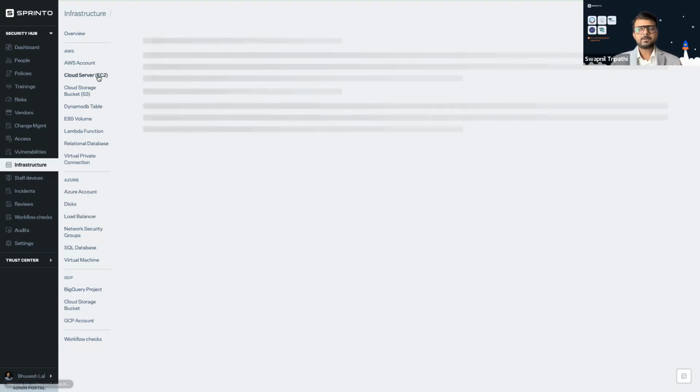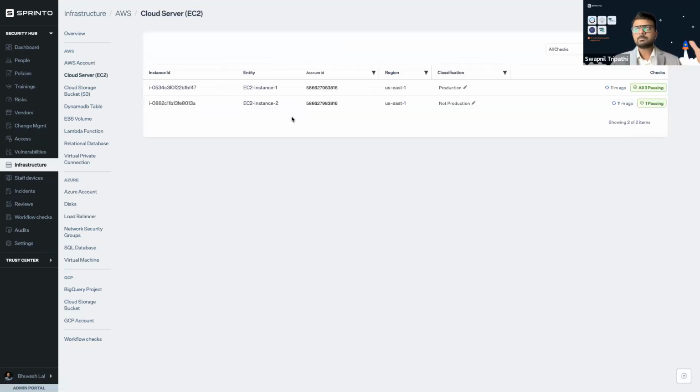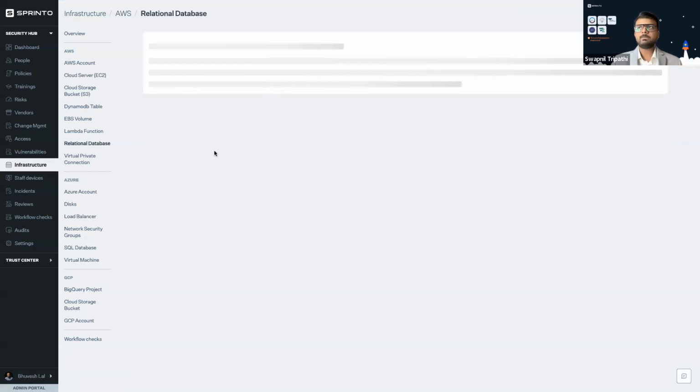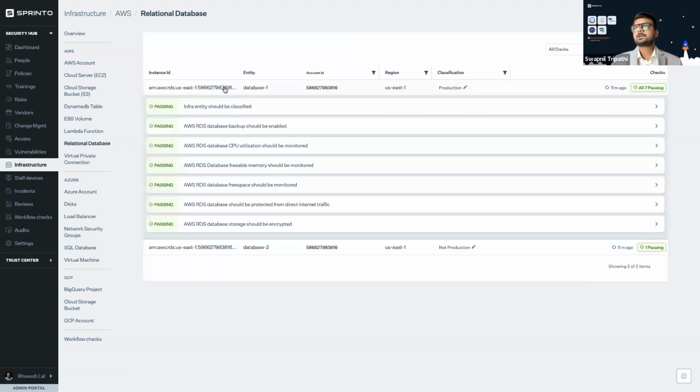An EC2 instance is a server. If I show you, there are 3 controls which are running. It's a server, right? A database is a bigger problem. That's what all your hackers are targeting, right? They should have more controls. And this is again from the perspective of an auditor. We actually went ahead and talked to the auditor to understand what evidence they will see against a relational database, right? To prove that it is compliant.